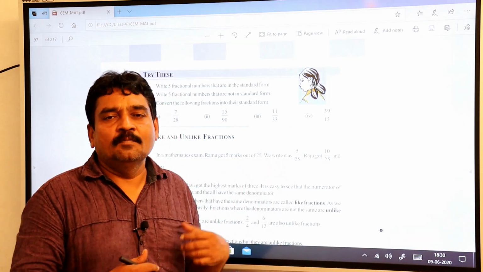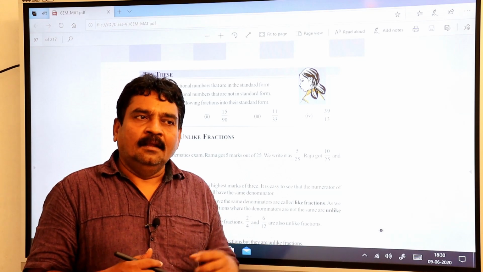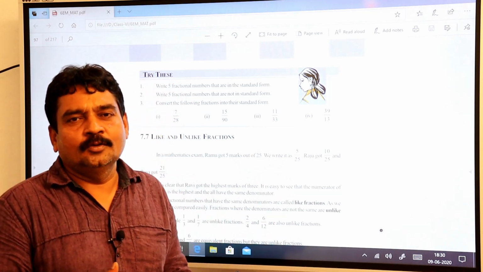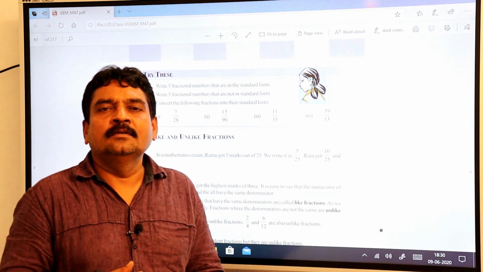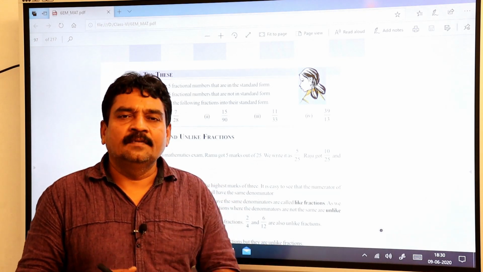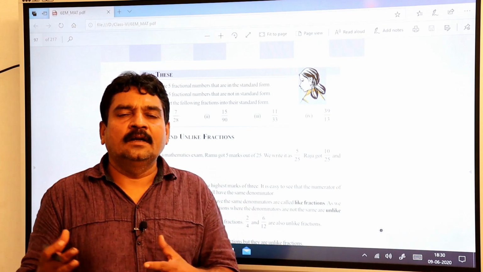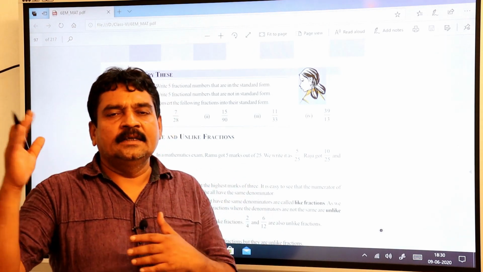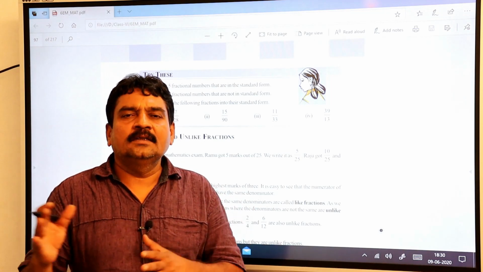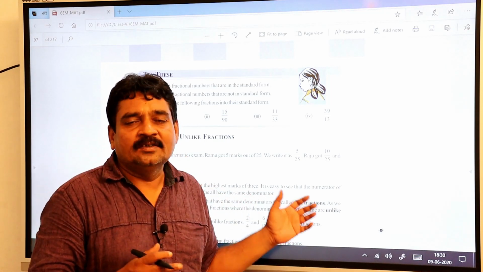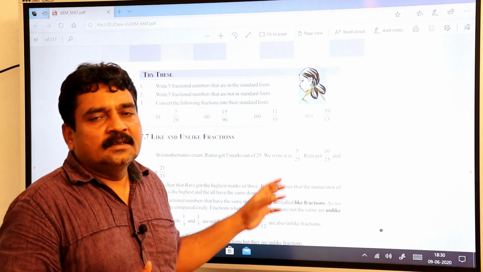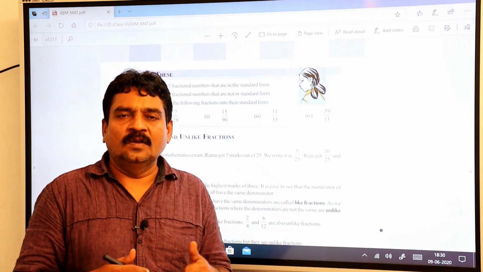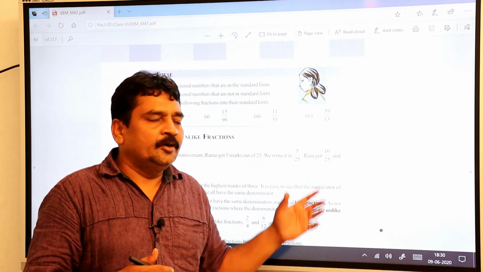This fractions concept is very important. Through this concept you are going to encounter ratios and percentage values, say you scored 90 out of 100. Antecedent and consequent, all these things you are going to learn in the coming chapters. So fractions are very important, and this is the basics. Please go through it once again and complete your work.